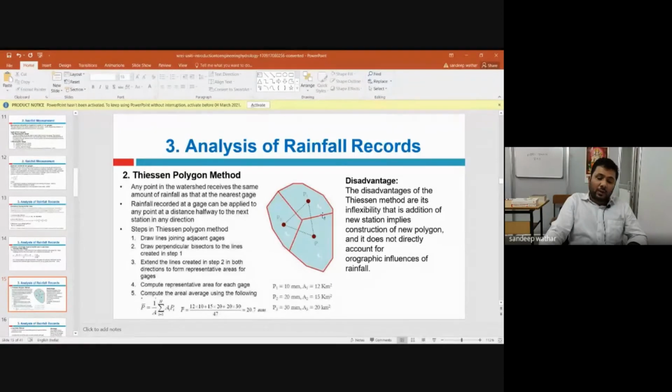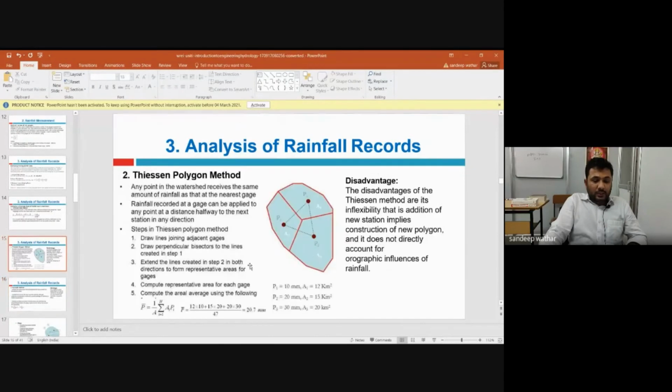We'll calculate the A1, A2 and A3. Okay. Now next thing is that what we do is that we will multiply this value of rainfall with the area. Again, I'll multiply the value of rainfall with the A2, and similarly I'll multiply P3 precipitation with area A3.